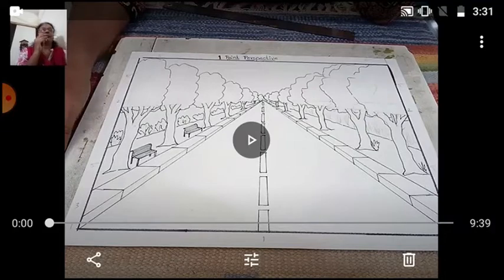Perspective means objects which are nearer appear comparatively larger than objects which are further. This is called perspective. Here the parallel trees are to meet at one vanishing point. On the screen you can see the road nearer to you appears broad and thins to one point. So let us start how to draw it.